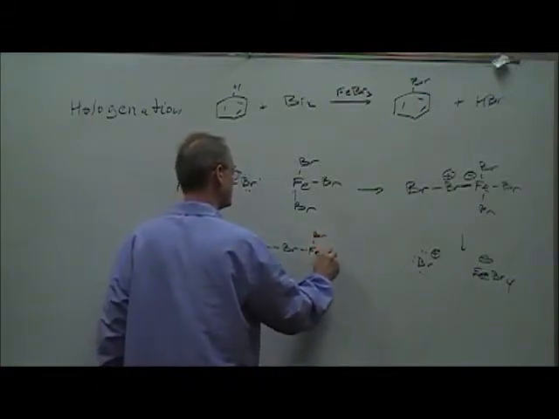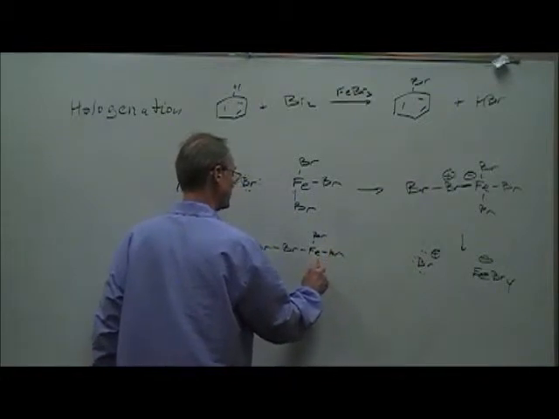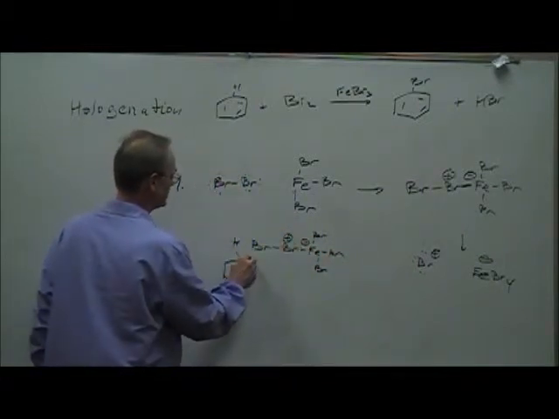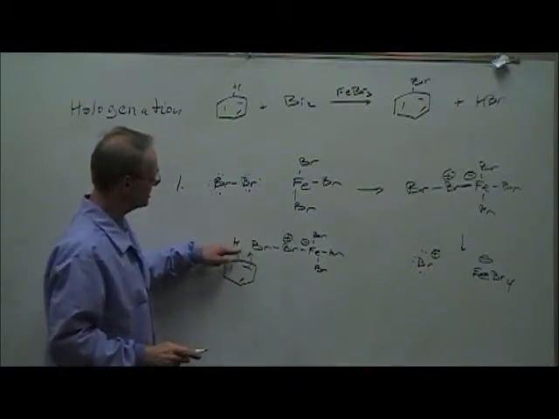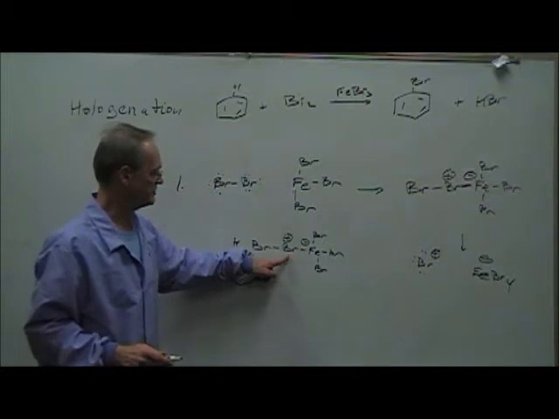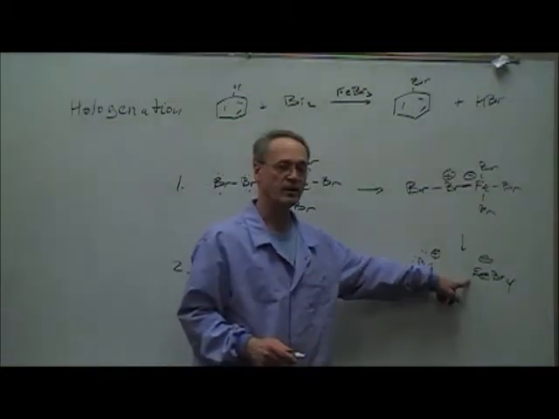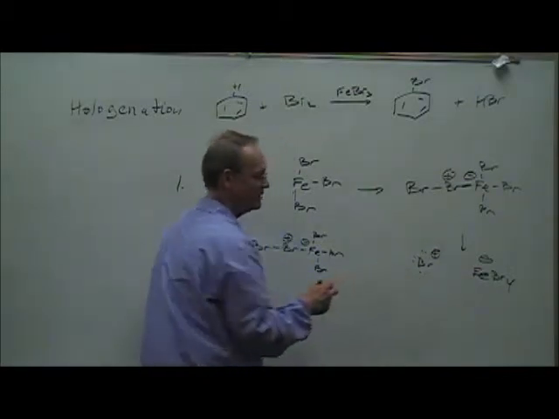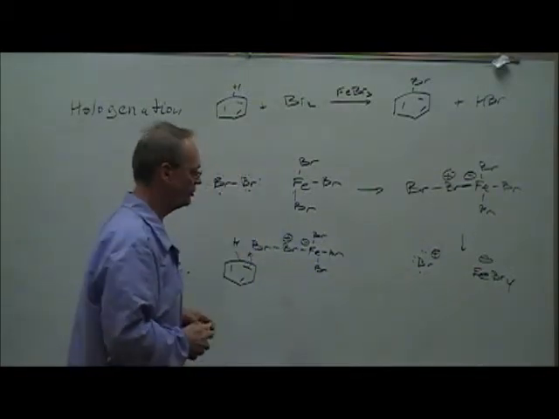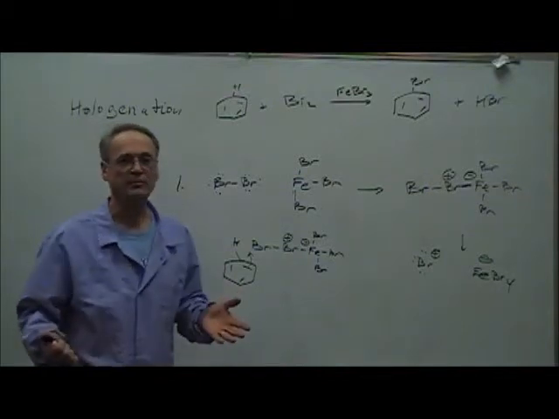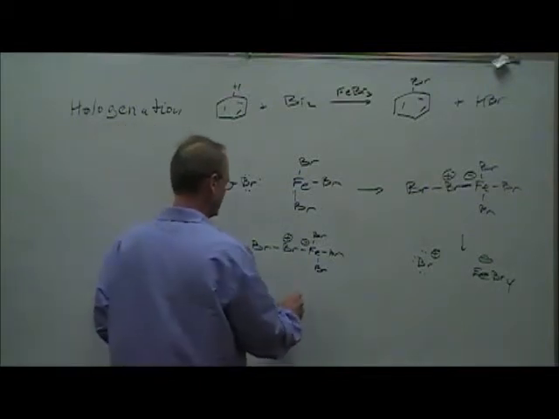And then the other 3 bromines, negative, positive. This pair of electrons gets pulled out to form a new bond with this bromine. And then this pair of electrons drops in to satisfy the positive charge on that bromine, and you end up with FeBr4 anyway. So whether it's this whole thing that reacts, or whether it's actually a Br plus that's a standalone ion attaching to the benzene ring, really doesn't matter, because you get the same result anyway, and that is